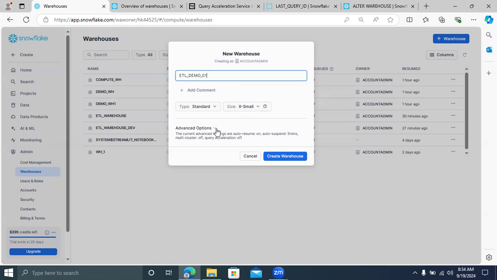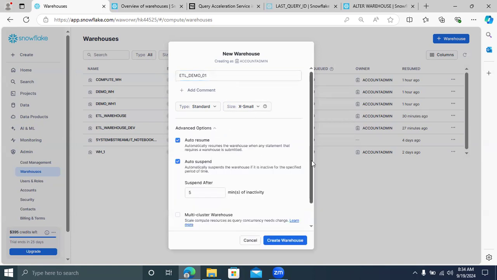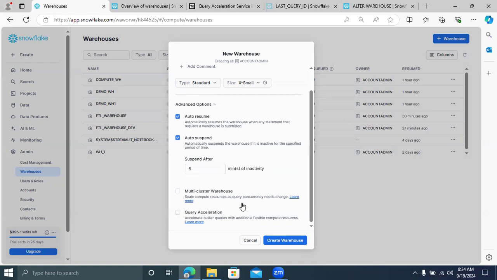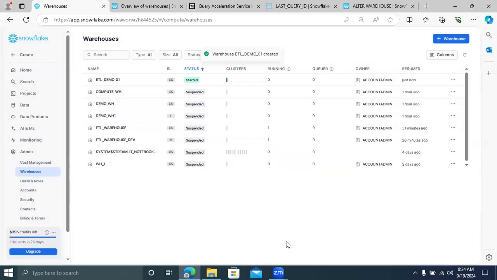Keep it X-Small, and under advanced options, don't enable query acceleration service for this warehouse, because I want to see the performance. Click create warehouse. Now the warehouse got created. The name is ETL_DEMO_01.